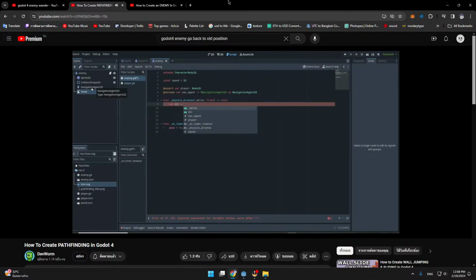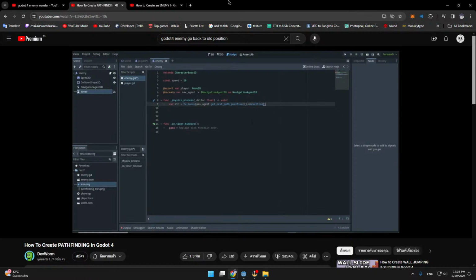So we'll say to_local, and then we'll do our nav agent, which is our variable that we created up here. And then we'll say get_next_path_position, which is an already made function in Godot for the navigation agent. And then we can just normalize this,